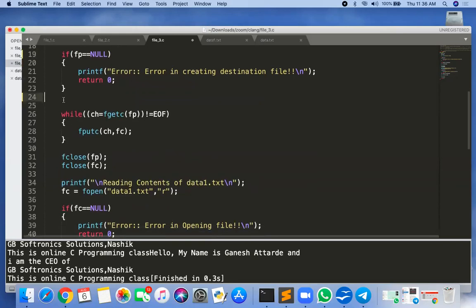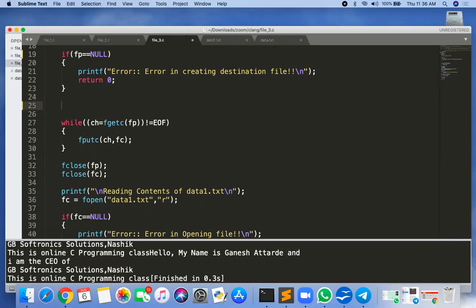Now what do we need to do? Here we need to get the data from the user. So how to get the data from the user? If you are getting the data as characters only, there is a function fputc used to write a character into the file.